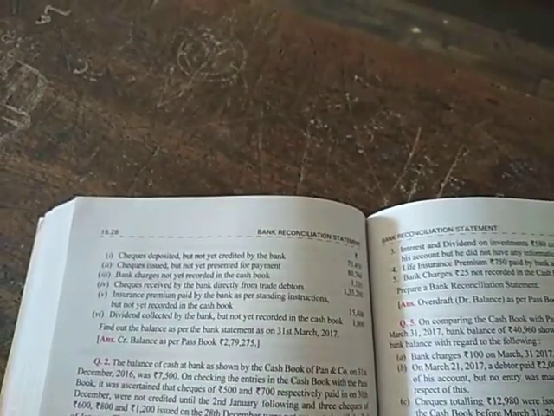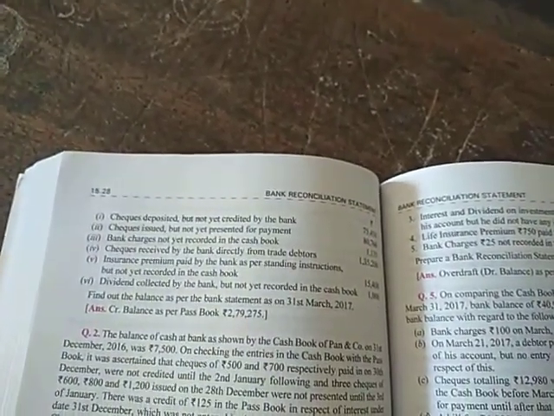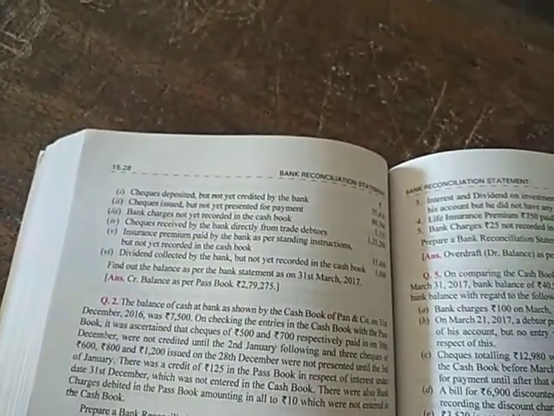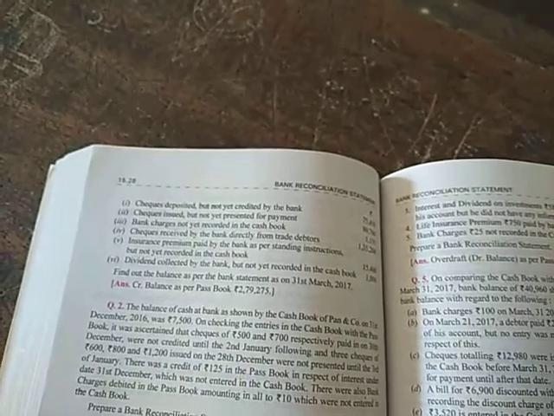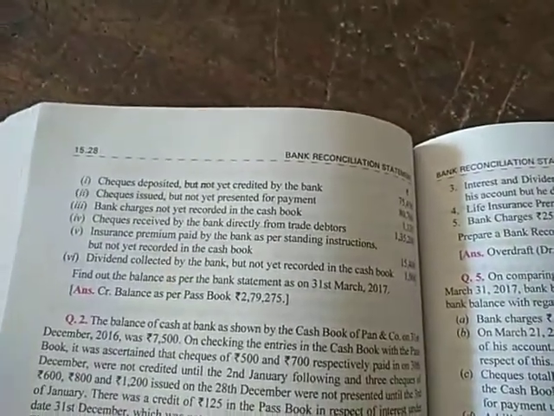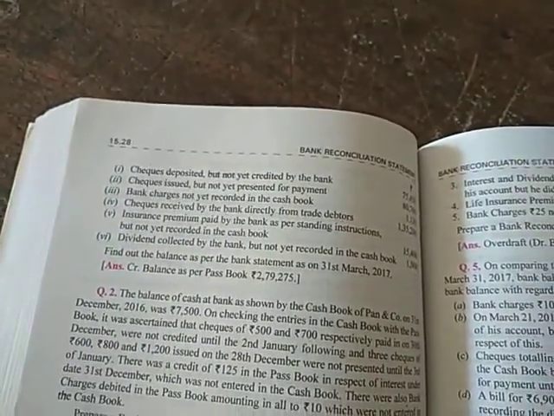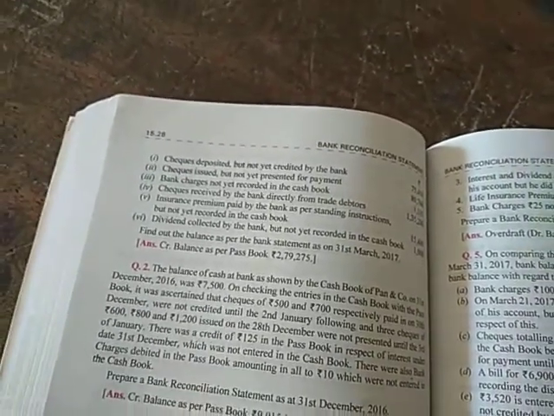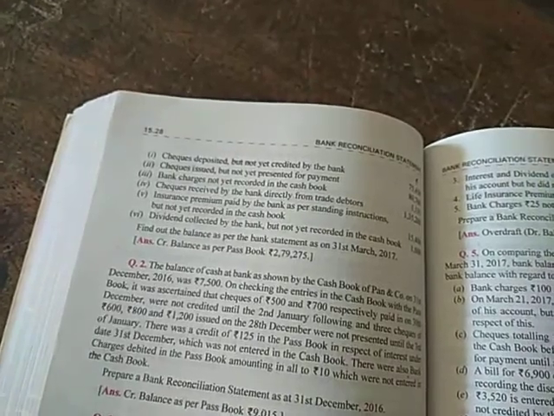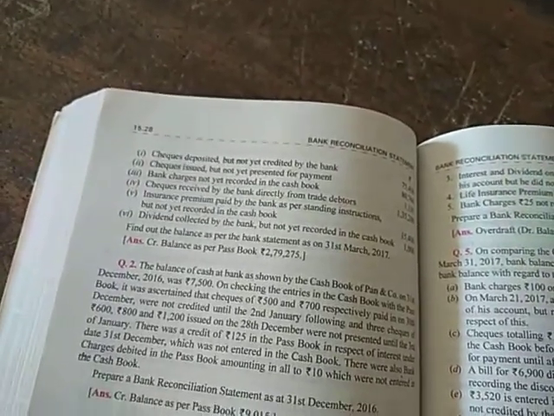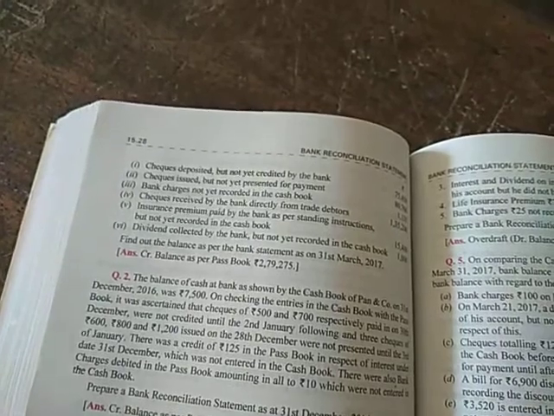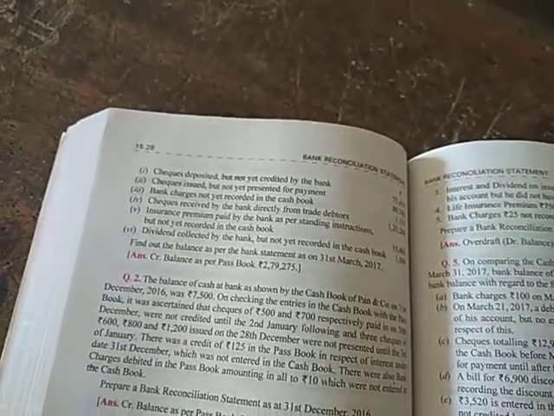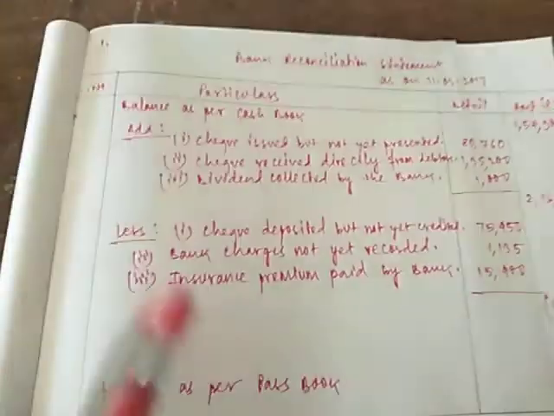Whenever we deposit a check in the bank, the bank will credit it in maybe 1 day or 2 days or 3 days, but as and when I have deposited the check, I have increased the balance in my cash book, but the bank balance is not increased. Now I cannot change the bank balance. As of now, I don't have the passbook changing capacity. What I can do is, for the purpose of tallying the balance, I can subtract it from my cash book.